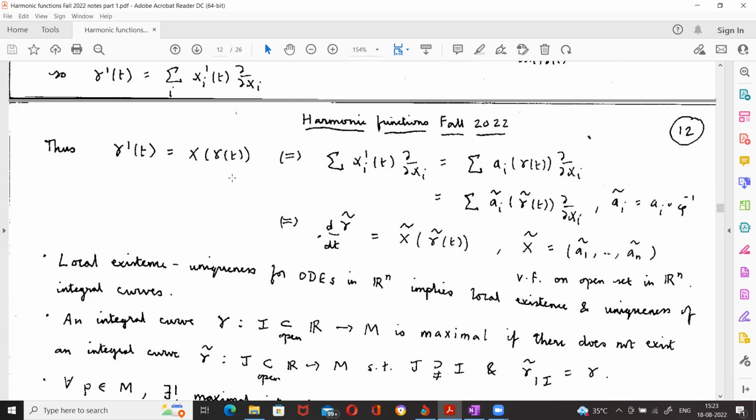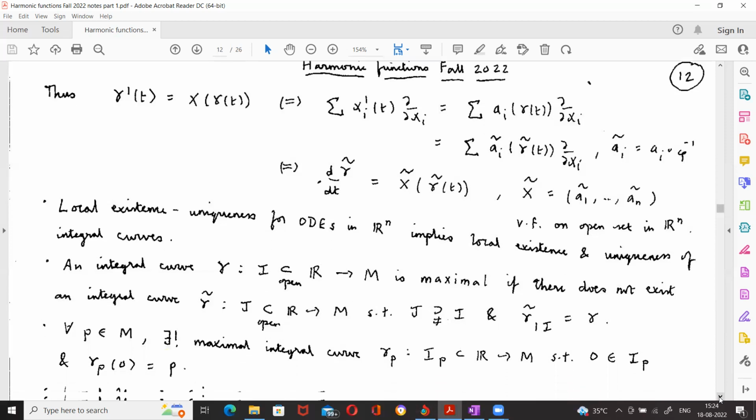Okay. So that means that for any point P in the manifold, there will be a unique integral curve defined on an interval around 0, such that gamma of 0 is equal to P, right? So for any point, there will be a unique integral curve passing through that point, defined in some interval around 0. Is that clear? Yes, sir. Okay. So that just follows from the theorem for ODEs in Rn. Now,